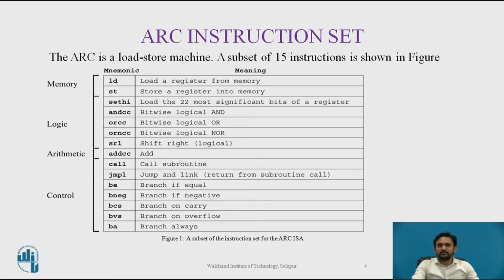The first two instructions, LD and ST, that is load and store, transfer a word between memory and a register. The next instructions perform bit by bit ANDing, ORing and NOR operations respectively on their operands. One of the two source operands must be in a register. The shift instructions shift the contents of one register into another. Here an example is also given: SRL, the shift right logical instruction, shifts a register to the right and copies zeros into the leftmost bits.